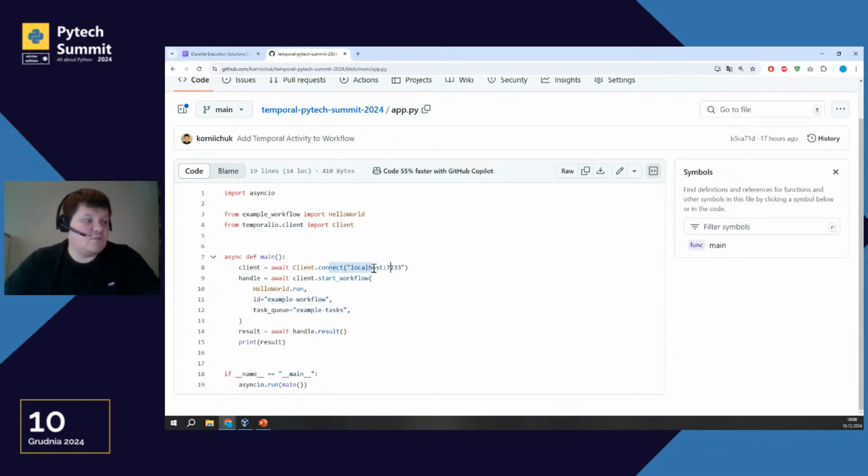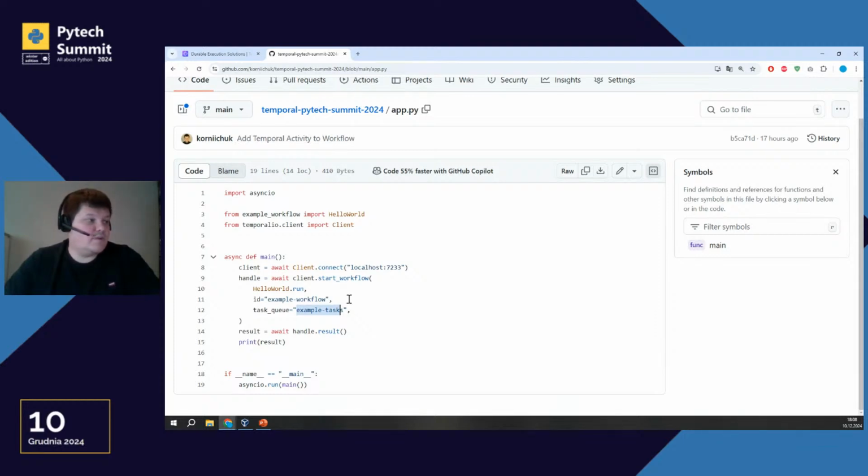So we will connect to the server and start our workflow, and we need to provide the ID of the workflow, because the ID should be unique for every workflow, and the task queue, because we will use our worker to serve this task queue. And just remember for the future, our task queue is example tasks.